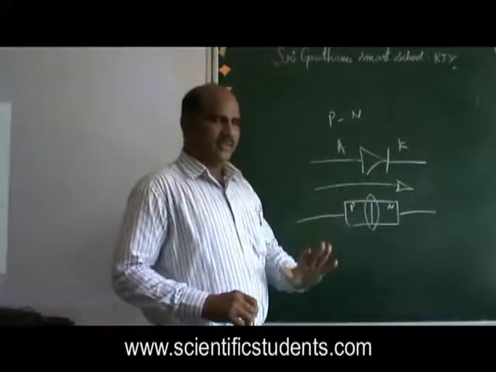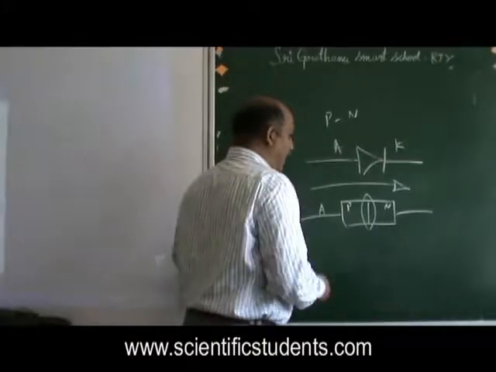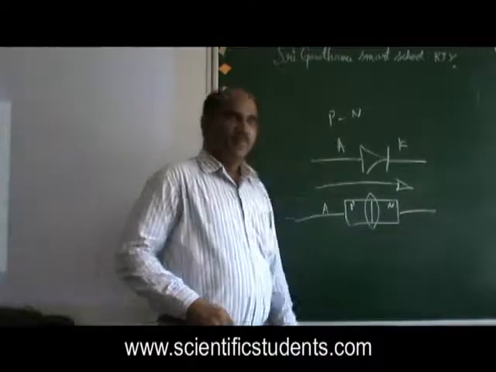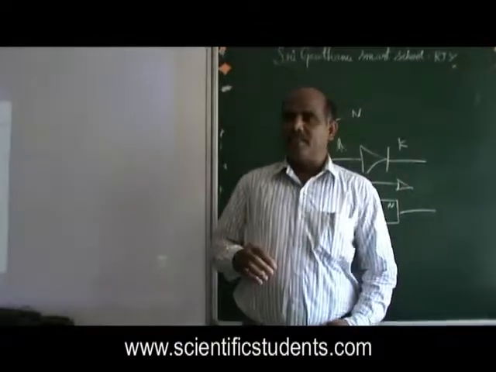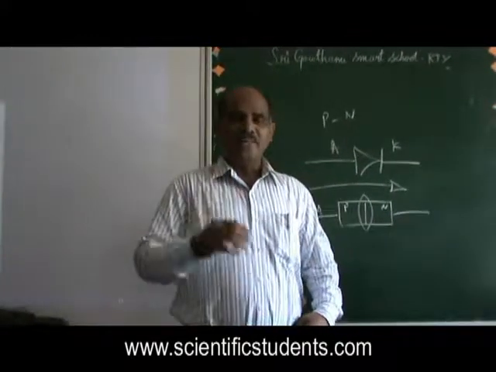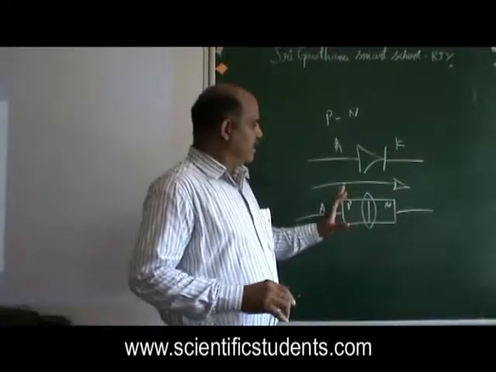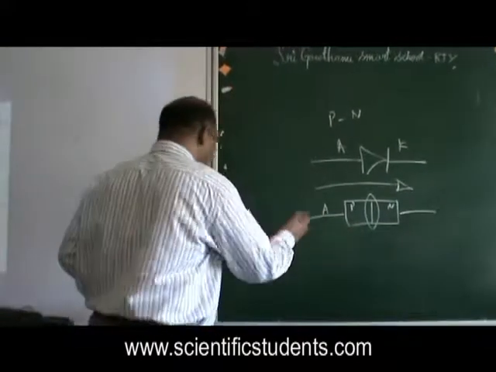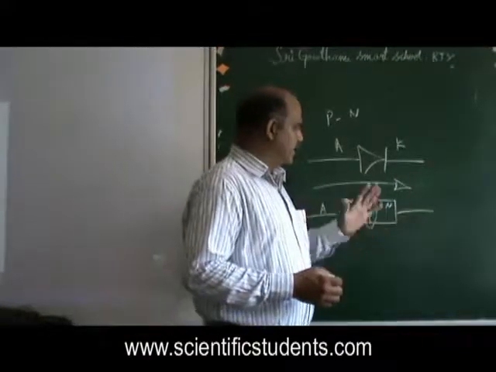That is in forward bias. That means whenever the positive of the battery is connected to the anode, only then will the current flow through. Otherwise, it's reverse bias, and it will not allow current. But you never ask me a question, sir, why in reverse bias condition the diode will never allow the current? I thought that you would ask me this question. What is the change happening here when we are connecting negative on the anode instead of positive on the anode of the battery? So it is reverse bias.